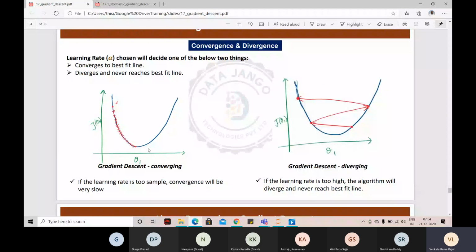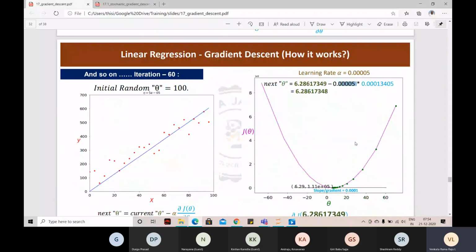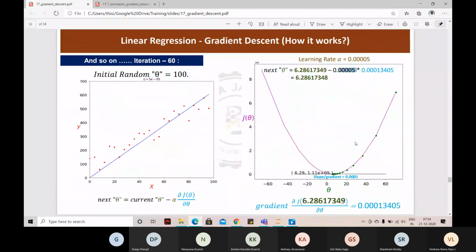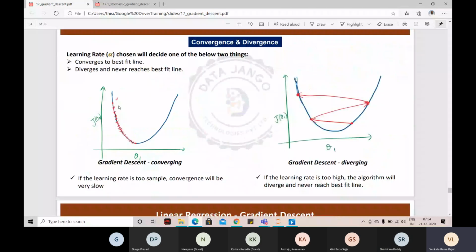Okay, and I have one more question. If I had taken the alpha as maybe 0.000, maybe 2 more zeros and 5, what would have happened? What would have happened if I took a small number, a learning rate even smaller than this number? It would need more iterations, right? Here the alpha, or the learning rate, is called the step size.